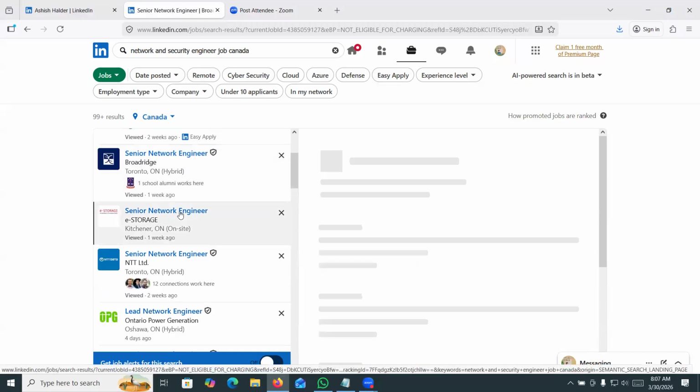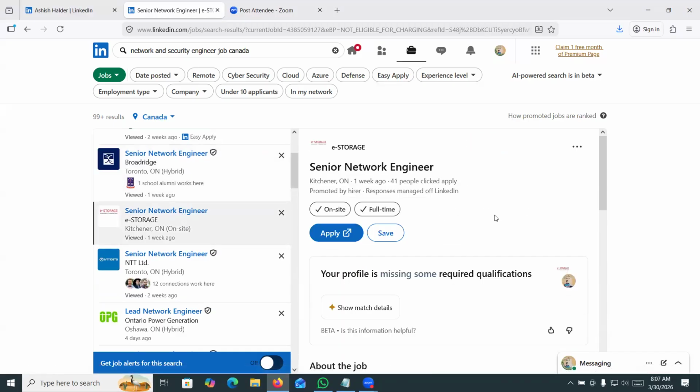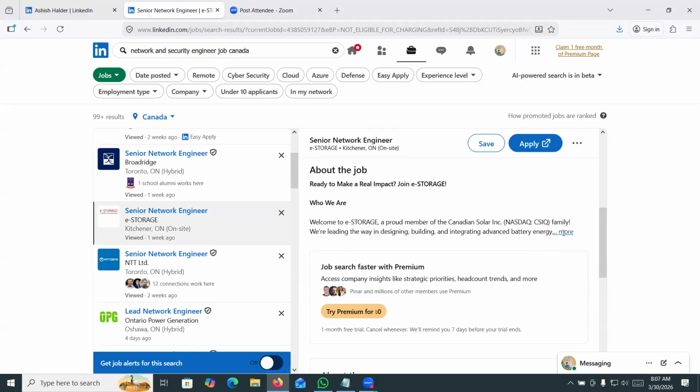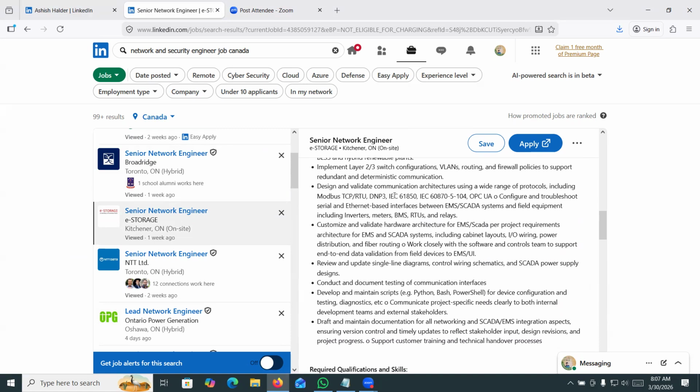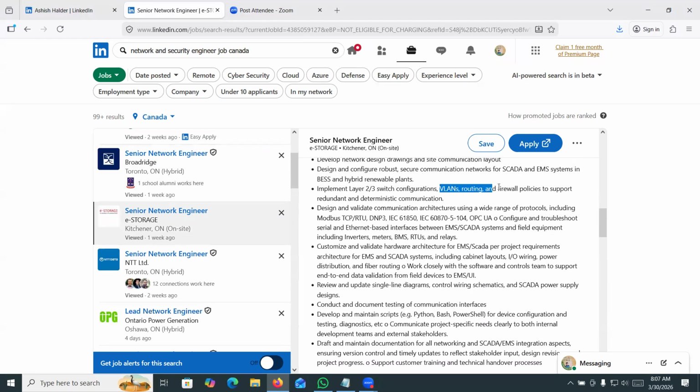Then another job site, senior network engineer. They are asking for many more things. You can see VLANs, routing, firewalls. These are the main sections. You need to learn VLAN, routing, and firewall policies to support redundant and deterministic communication.